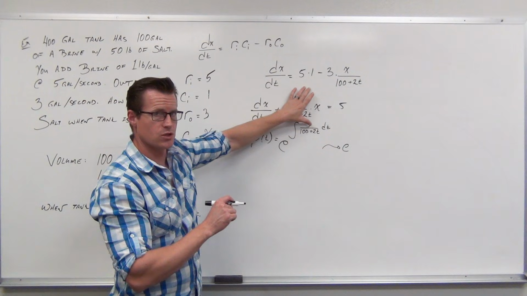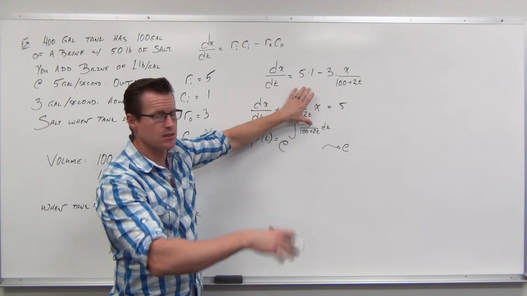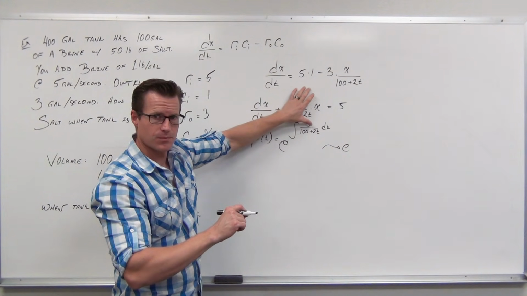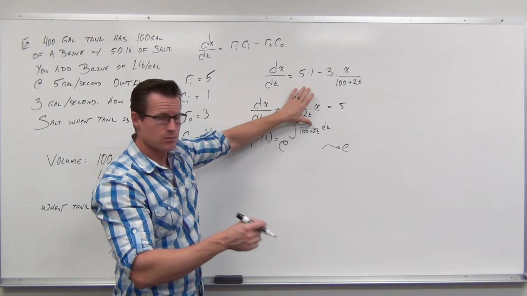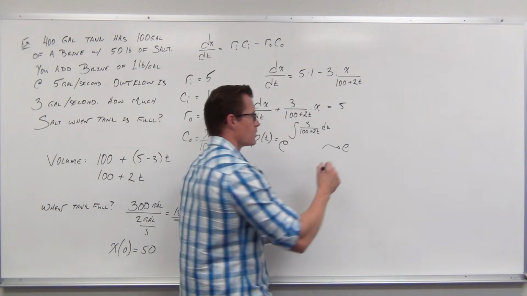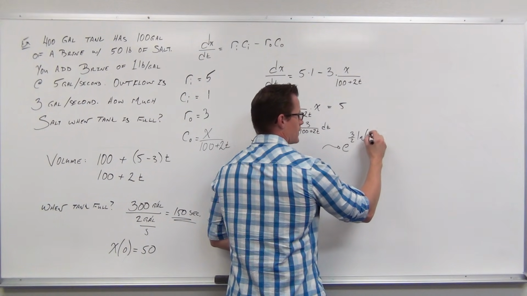sub here. So u equals 100 plus 2t. Derivative would be 2 dt. Divide by 2. You're going to get 1 over u. You'll get ln of u, put it back, but then you'd be divided by 2. So all this works out to, which you should try on your own, would be 3/2 ln